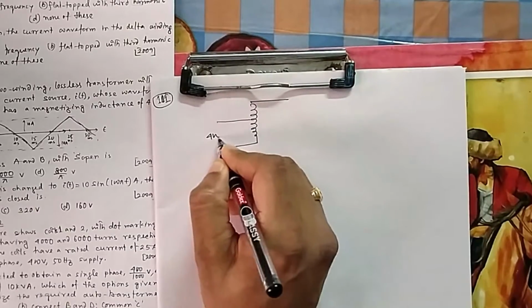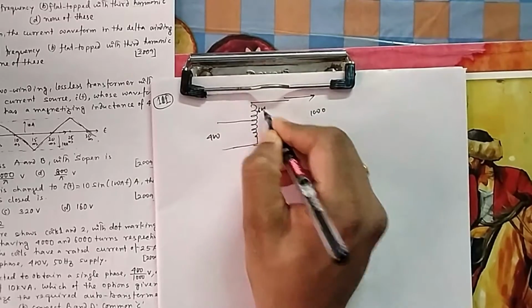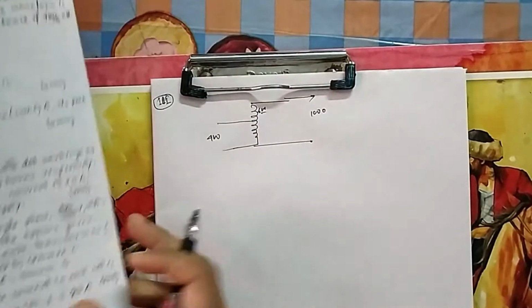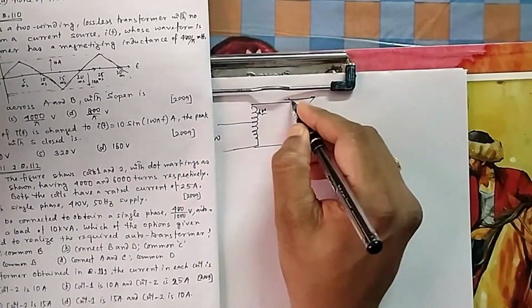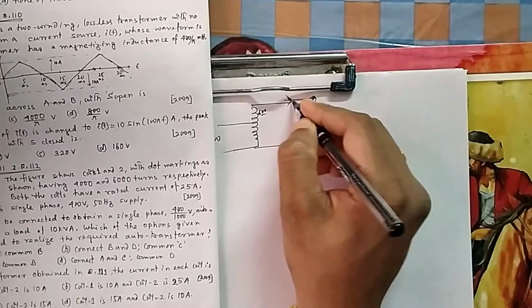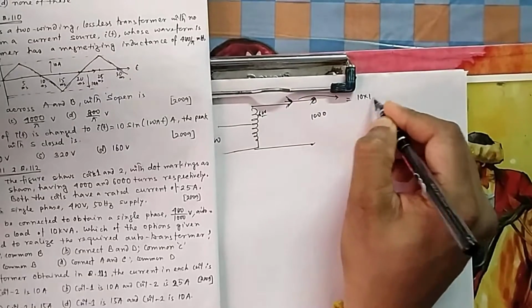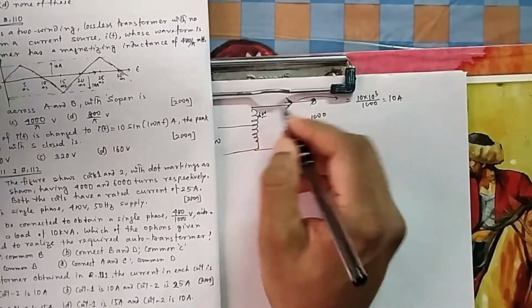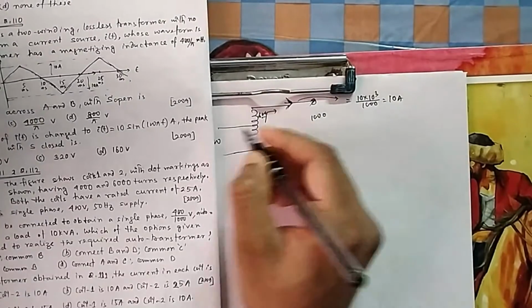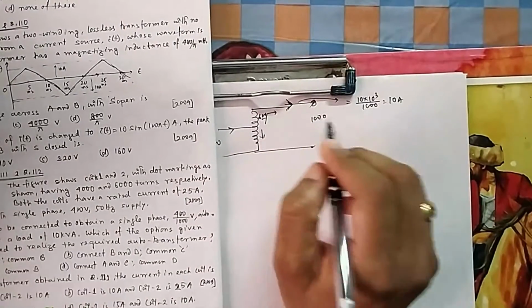So here, first you see for an auto transformer, I need 400 on this side and 1000 on this side, so obviously this should be the 600 coil. Let me see whether we can give this much load or not, because it is 10 kVA. So what current should it take? Because this side is 1000, this current will be 10 kVA divided by 1000, so this current should be 10 ampere. So 10 ampere current should flow. Okay, it will flow, there is no issue, and the current will flow in this way. We know this current direction. So it can take 10 ampere because 25 ampere is the maximum rating.